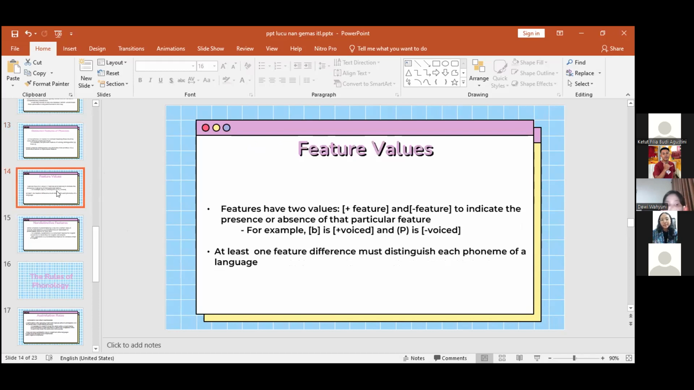About feature values. Features have two values, the positive value and the negative value, to indicate the presence and absence of that particular feature. For example, B is positive voiced and P is negative voiced. At least one feature's difference must distinguish each phoneme of a language. And next,